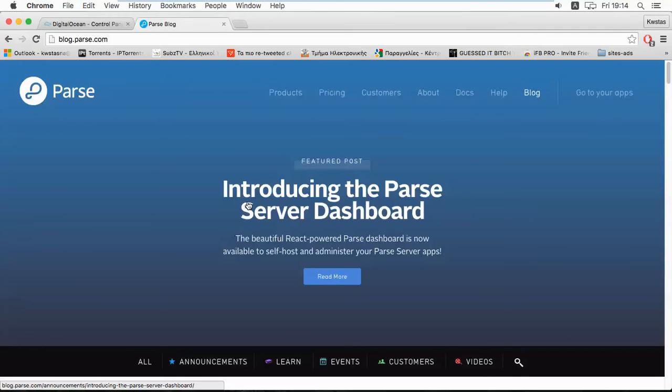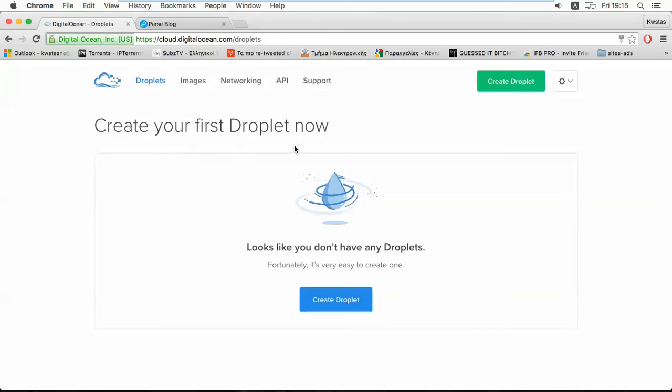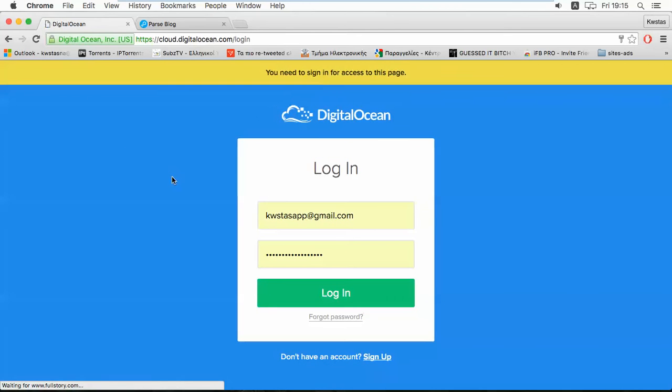This month. So let's quick start how to make our DigitalOcean account and install Ubuntu 14.04 and also Parse Server and Parse Dashboard. So first of all, let's log out from here. We need to create an account, or if you have already one on DigitalOcean, you can log in, but you